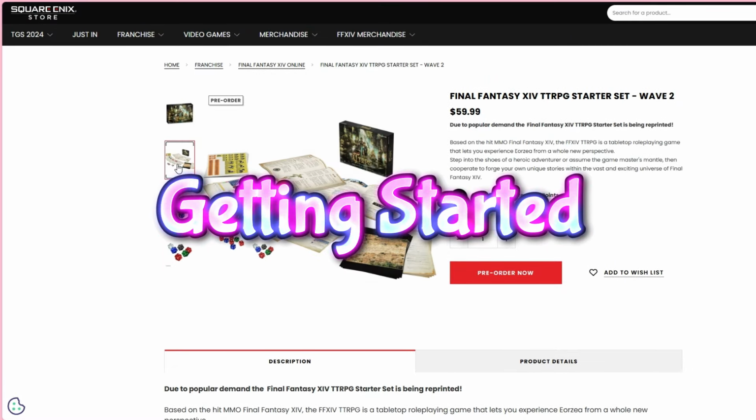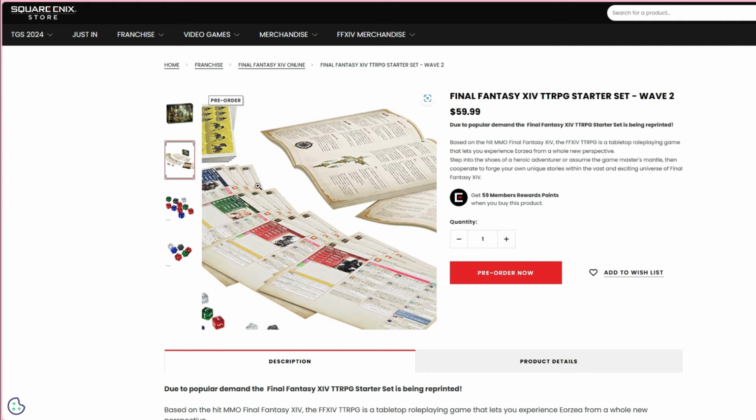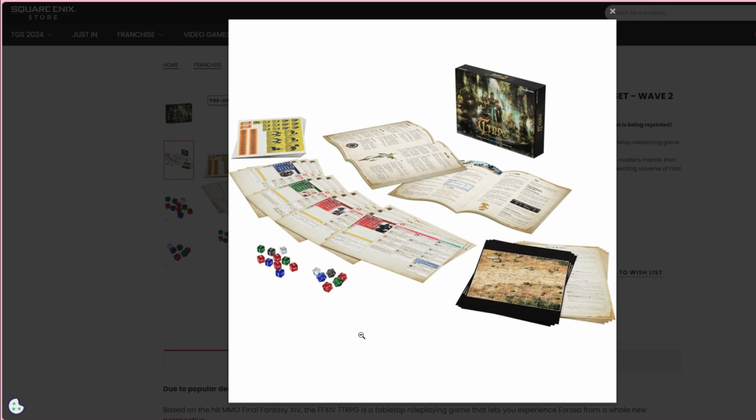Getting started. In order to get started with the game, you will at least need to purchase the starter set. This comes with everything you need for 3 pre-made adventures, including a player book, game master book, pre-made character sheets, dice, strategy guide, encounter map, character tokens, and ability markers. At $59.99 USD, this is a fairly decent price to get started in the game and what we purchased for